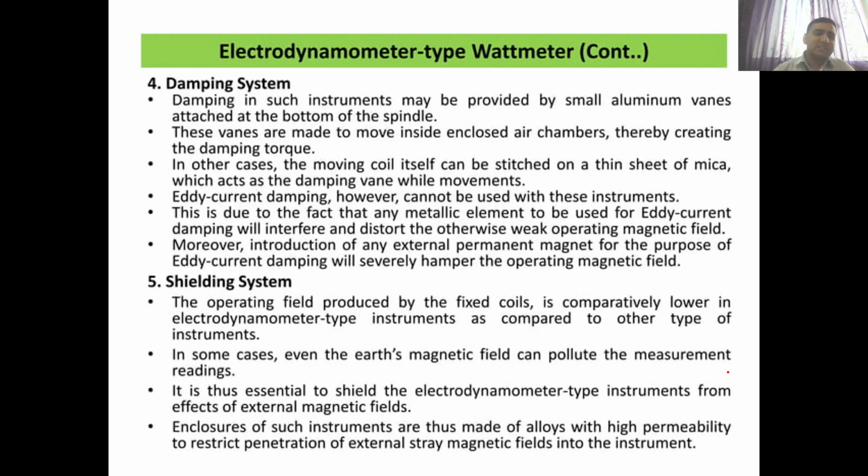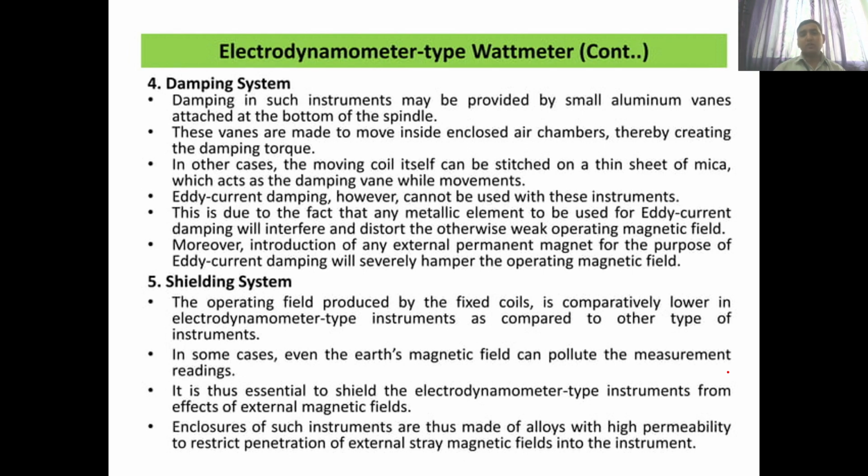Now, two systems remain. The first is the damping system, the second is the shielding system. Normally, in the damping system, we use air friction type damping. So EMC instruments normally use air friction type damping. This damping provides a small aluminum wheel where the last string of the spindle is connected to its vane. When these vanes move inside the closed air chamber,